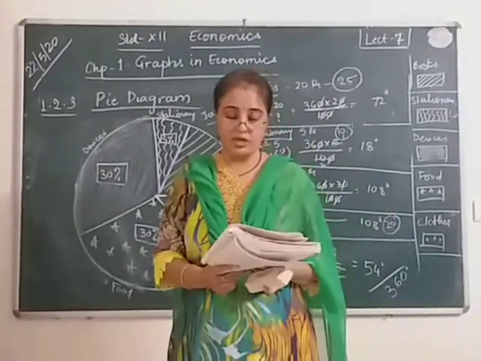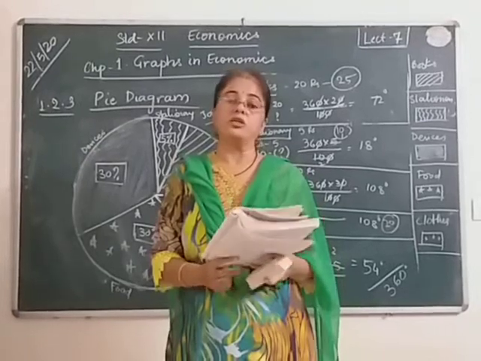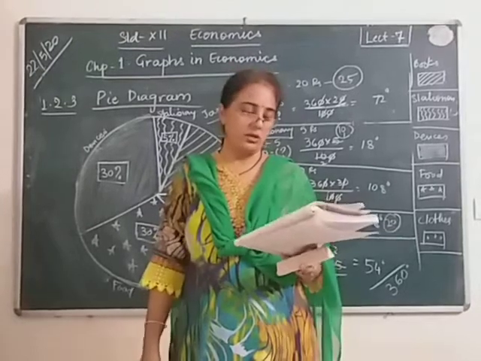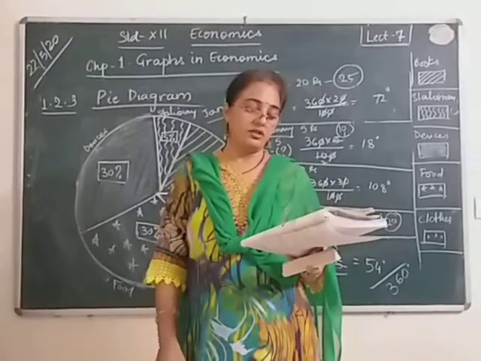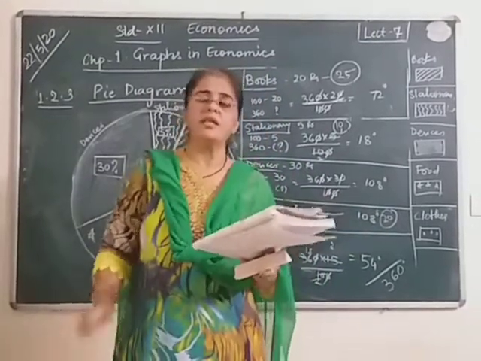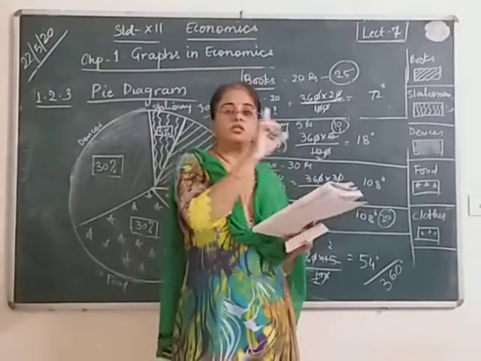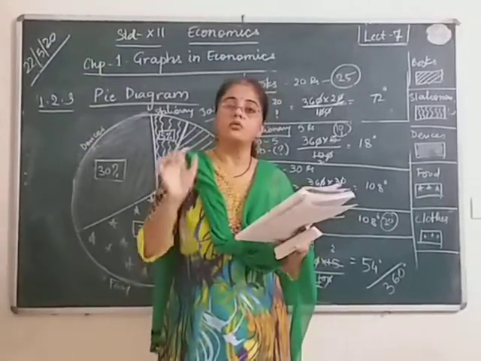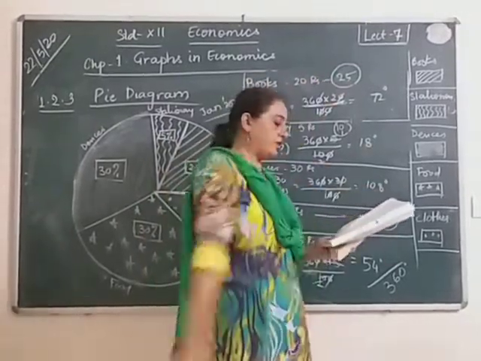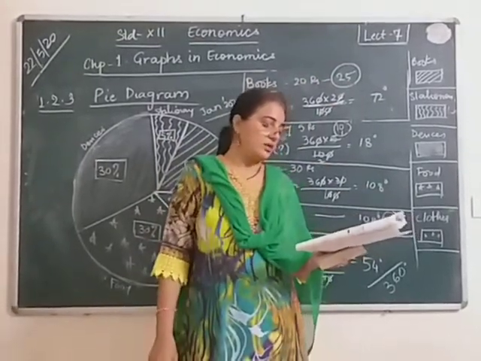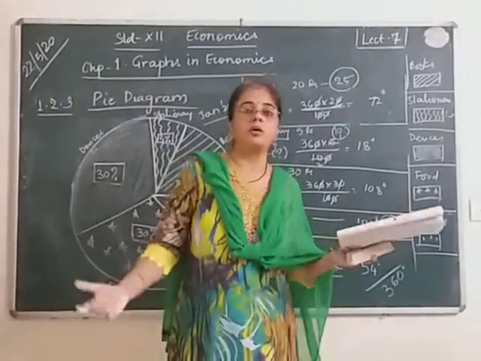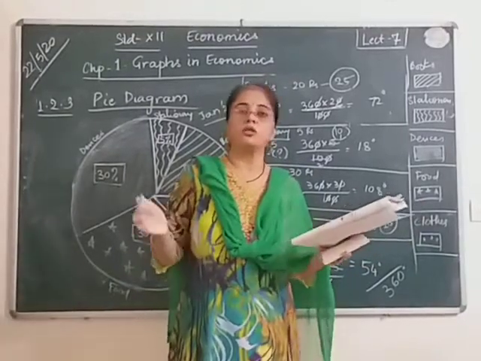So there are 3 points that you need to understand while drawing a pie chart. First is that you need to consider that it is a 360-degree circle. Secondly, the subdivisions should be proportionate and they are to be converted into the percentage or any figure. Here this percentage is converted into degrees. Whatever the figure is, it has to be converted into degrees, and the total should be 360 degrees. And the third point is that if there are more values, larger dimensions, then you have to make a bigger pie chart, and a smaller one for smaller dimension values.